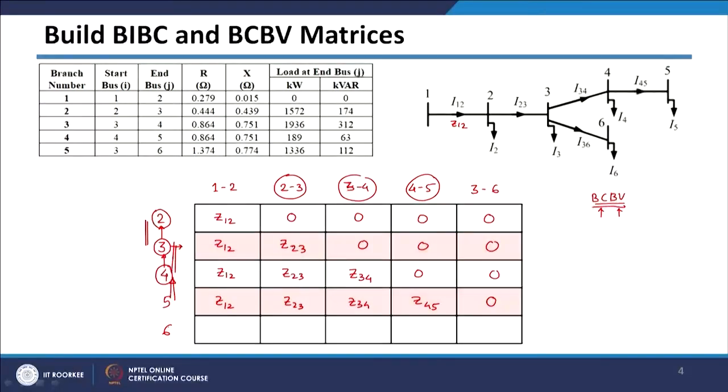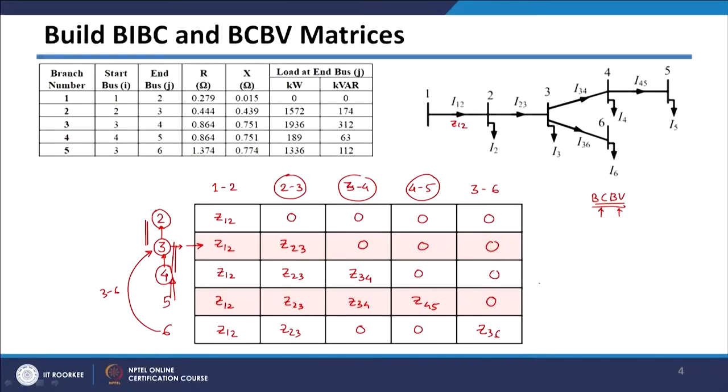However, there is no connection between 5 and 6. But there is connection between 3 and 6. So what we need to do is copy the row corresponding to 3, put it here, Z12 Z23 0 0 0, and since it is branch number 3 6, at branch number 3 6 location, put the impedance of Z36. So this is how we need to build your BCBV matrix